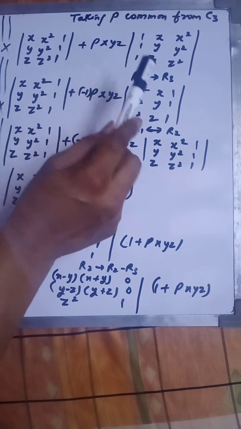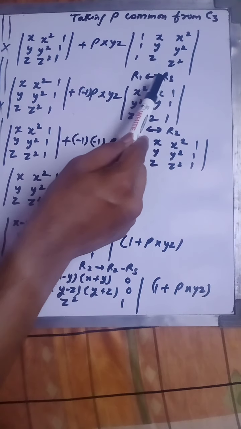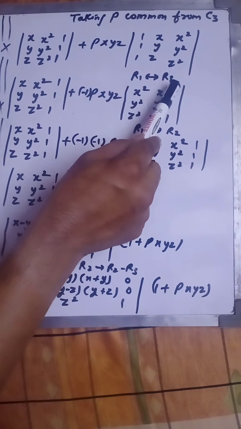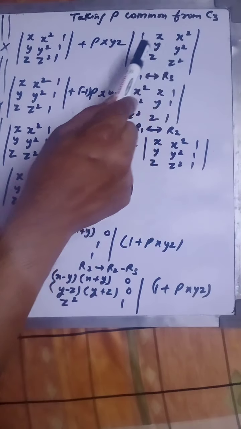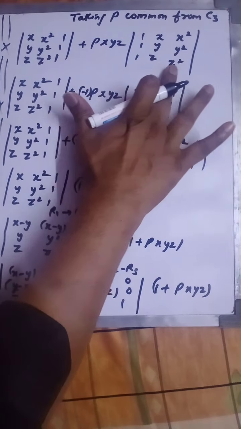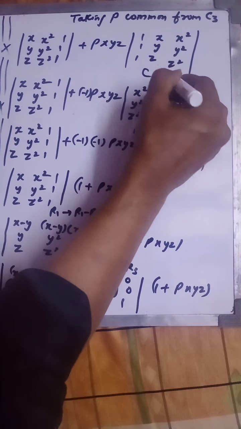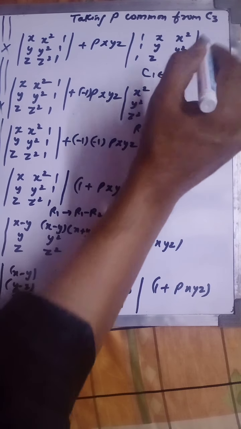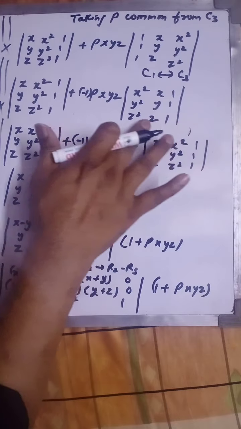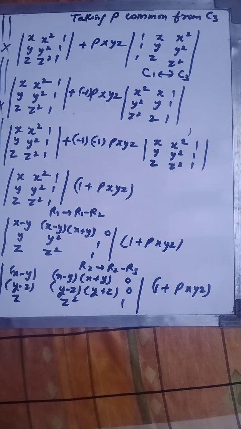Now I can see what I'm doing. I'm interchanging the row r1 with r3. So at r3 you have to write here, at this 1 1 1 you have to write here. Actually it is not row, actually it is a column. Wait, it is c1 interchanging with column c3. Similarly here, see here what I'm doing, I'm just interchanging the column c1 with column c3.